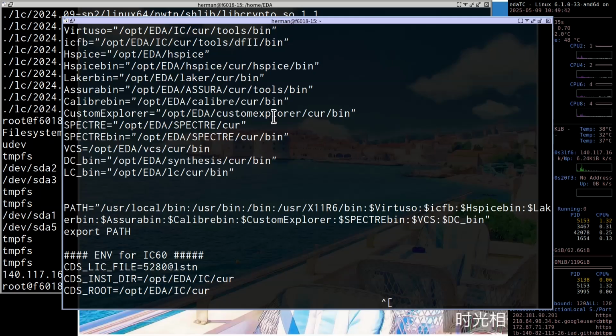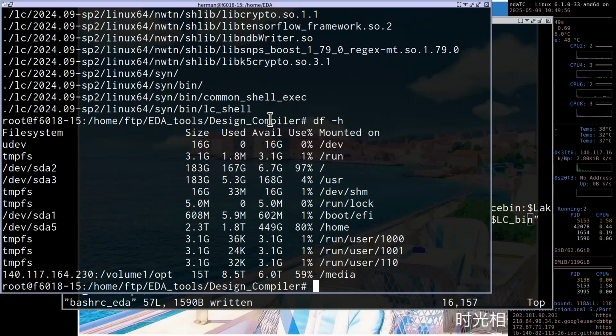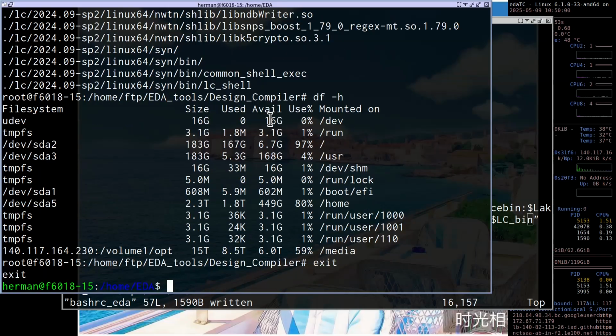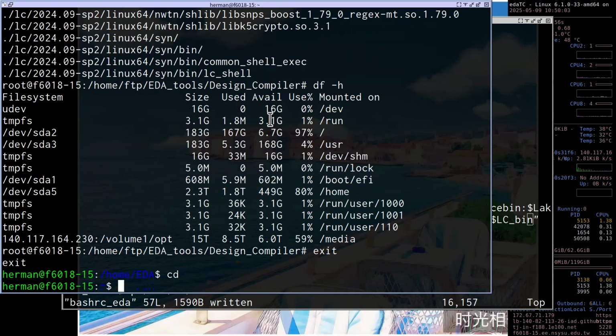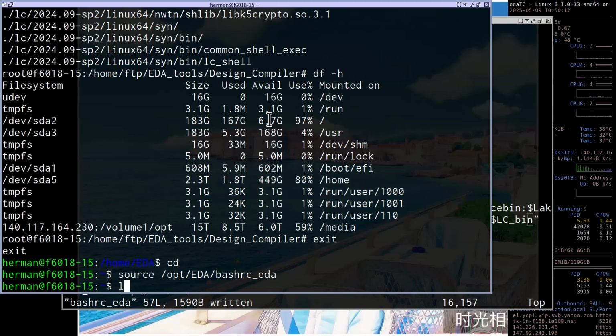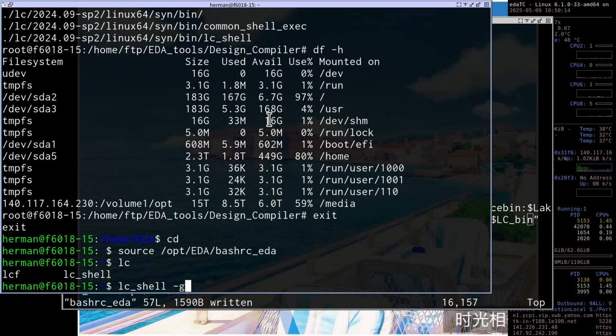You can add this path here. Then you need to use a normal user. Okay, now the rest are all the same. You can type source /opt/eda/bashrc.eda, and lc_shell -gui.